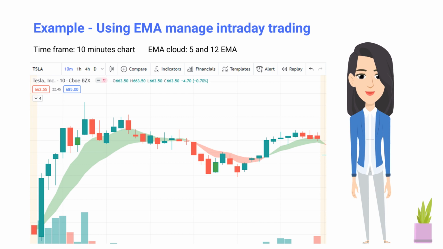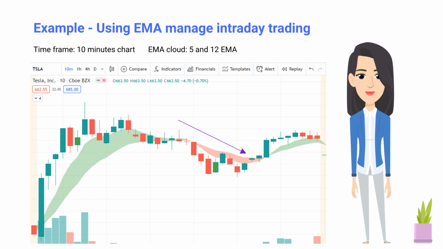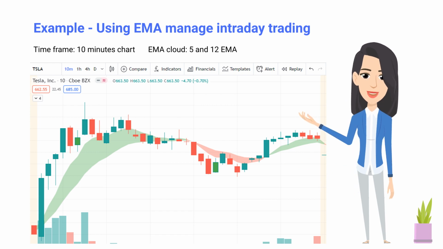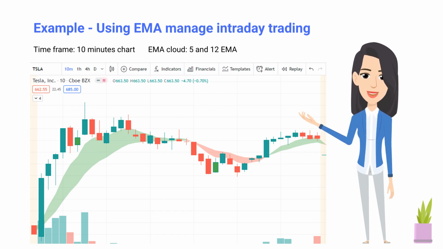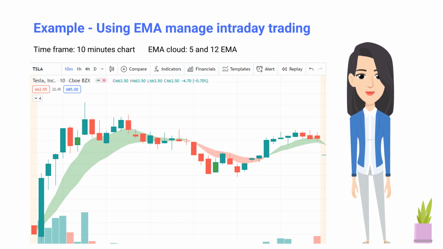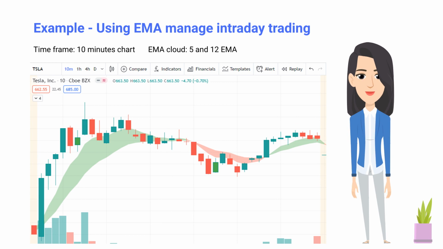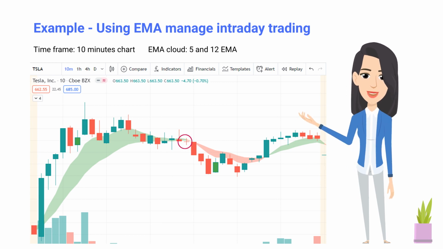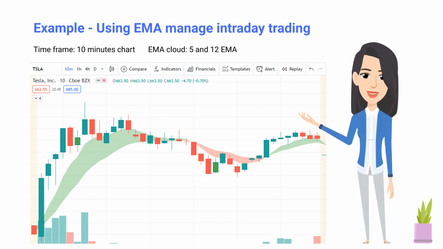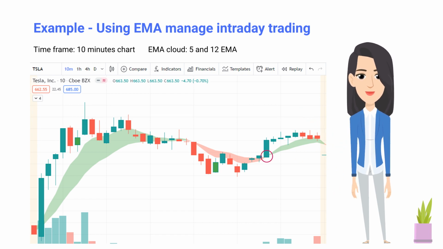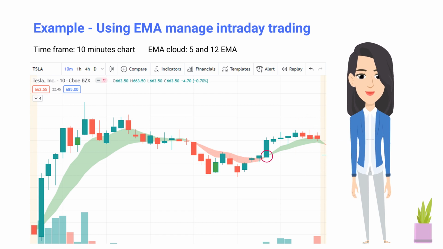In this chart, we can see 3 trend change patterns: uptrend, downtrend, and uptrend again. Notice how the EMA Cloud color changes corresponding to the trend change. Early part of the day the stock is on an uptrend and it's riding the EMA Cloud, the EMA Cloud is green. From here the cloud changed to red, suggesting a potential trend change, and see how the stock changed to a downtrend. From here the cloud changed to green again, where the stock started trending higher.